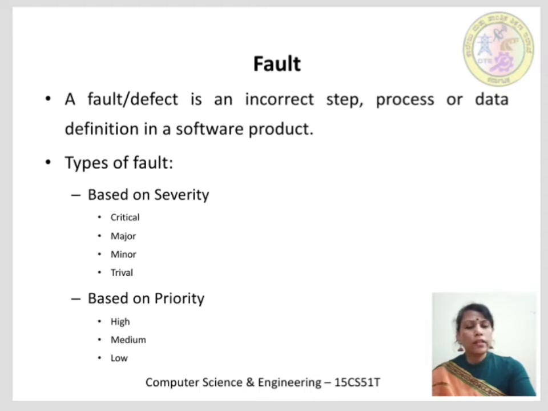Faults are categorized based on their severity and priority. Severity defines the degree of impact. Therefore, the severity of the fault reflects the degree or intensity of a particular fault or defect to adversely impact a software product or its operation. Based on the severity metrics, a fault falls under the following categories.